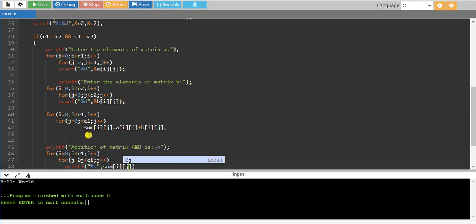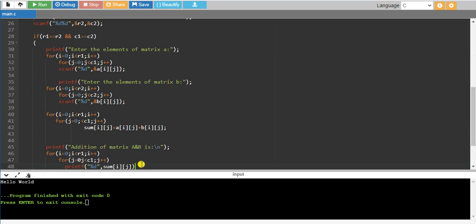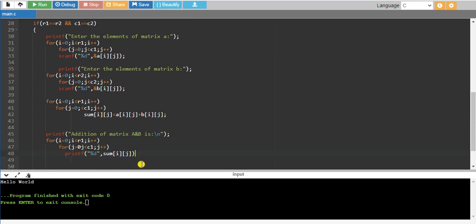After adding this we have to print this one. For that printing we are maintaining these two for loops, and with the help of this printf statement, we are printing that sum array.